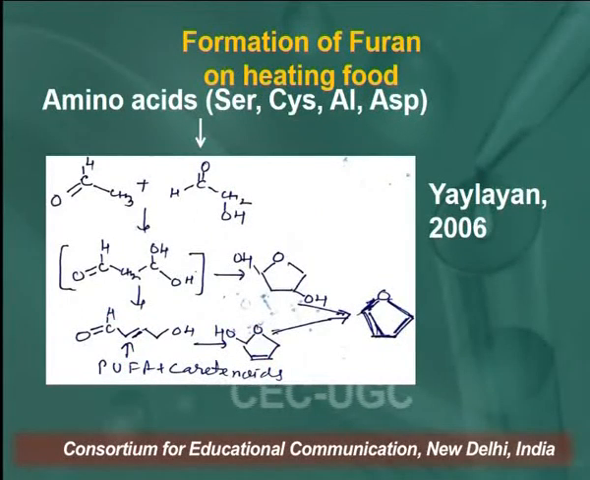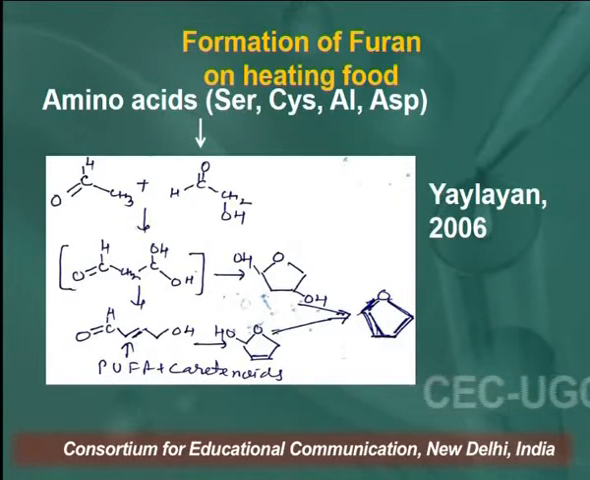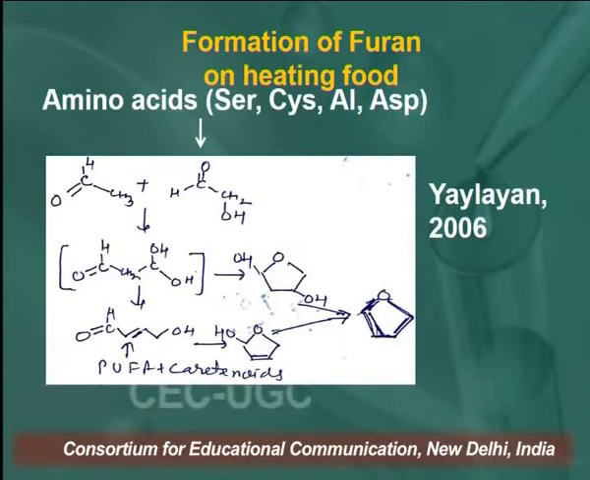Similarly, here is the formation of furan on heating of food. As I told you, packed food on thermal degradation gives furan. The reason is that the food contains amino acids. Those amino acids can be serine, cysteine, alanine or aspartic acid, and they convert into PUFA and carotenoic acid. That carotenoic acid on heating converts into furans. So, this is the reference. If you want to go into detail, you can see the reference on how packed food on thermal degradation gives